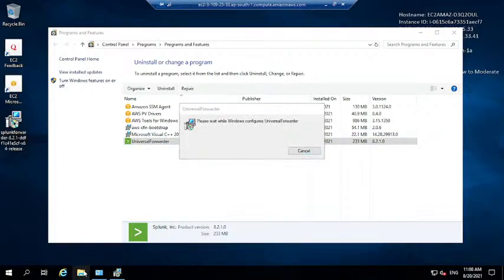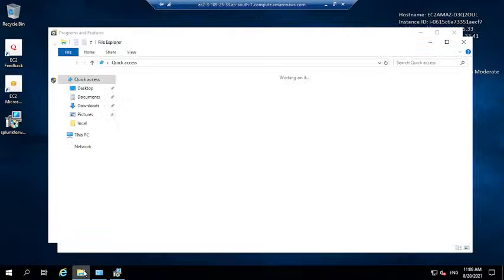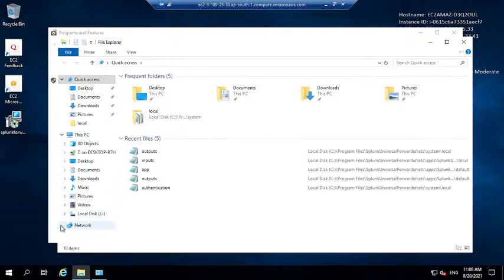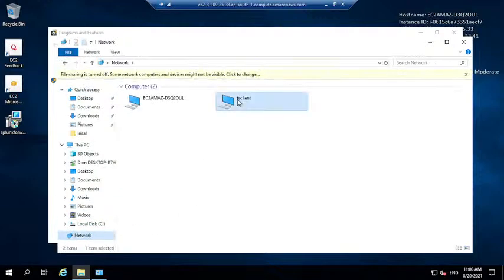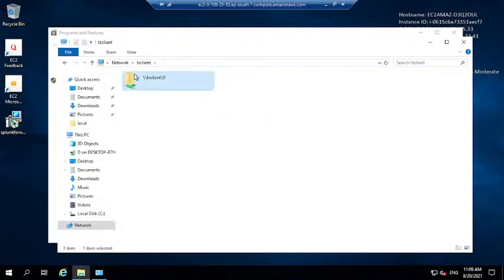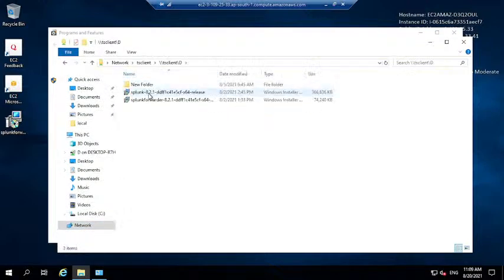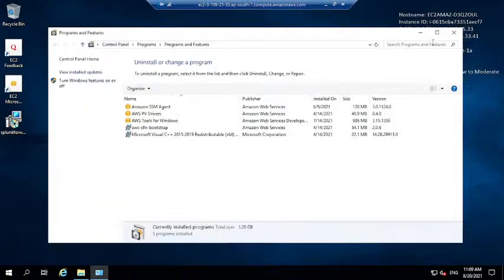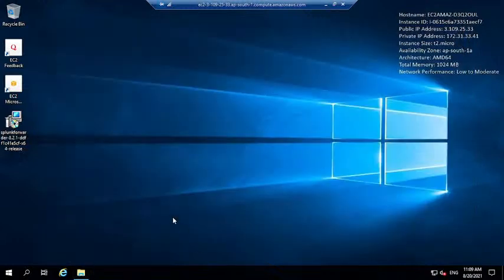In order to get the Splunk forwarder resource from the local sharing machine, just go to this and search here from the network. You can see this is the TS client, and our D drive has been mounted here, and from here we can copy the Splunk forwarder onto this machine, and after getting it copied, uninstall and let me check